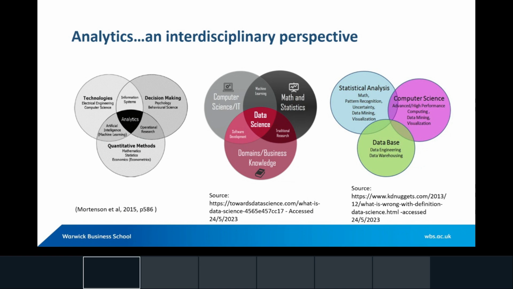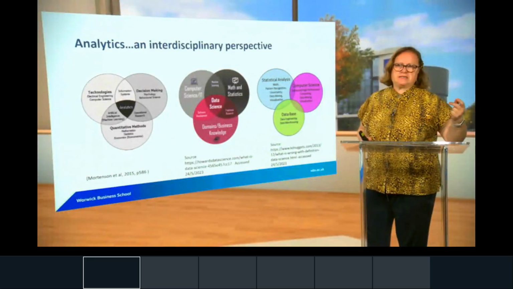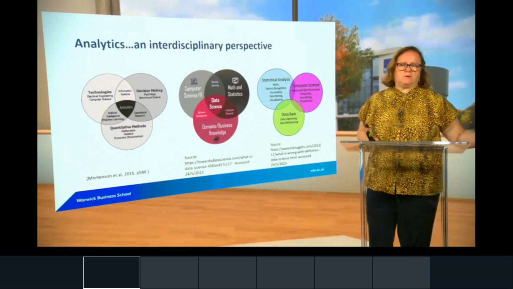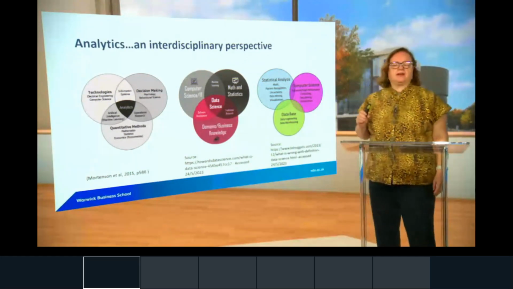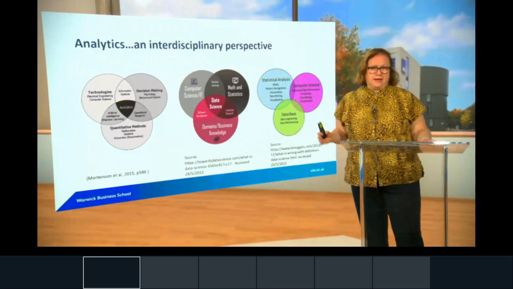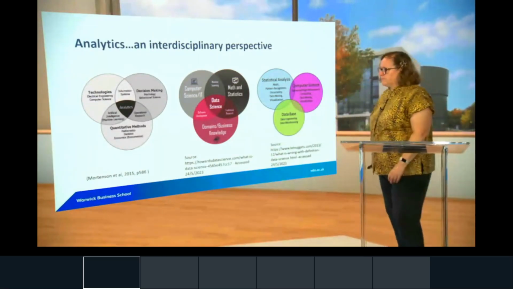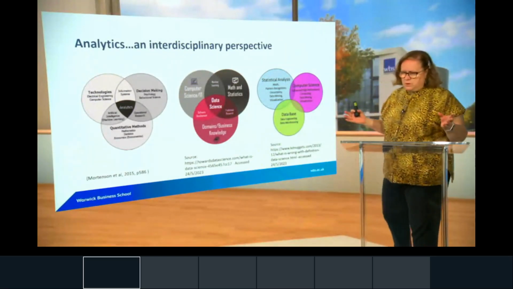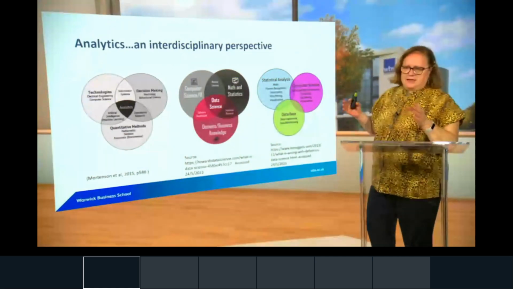But one of the things about analytics is that it's quite a recent field, if you like. It's quite a recent phenomenon. Before the year 2000, going back into the 90s, the 80s, the 70s, the 60s, the 50s, the 40s, you can go even further, a lot of the things that we now lump together and call analytics were already in existence.